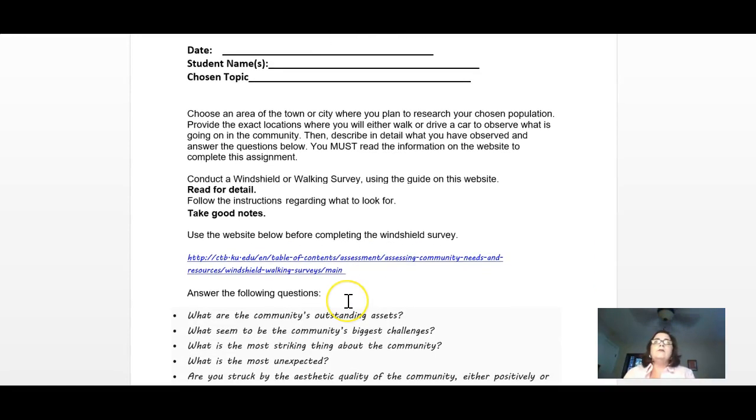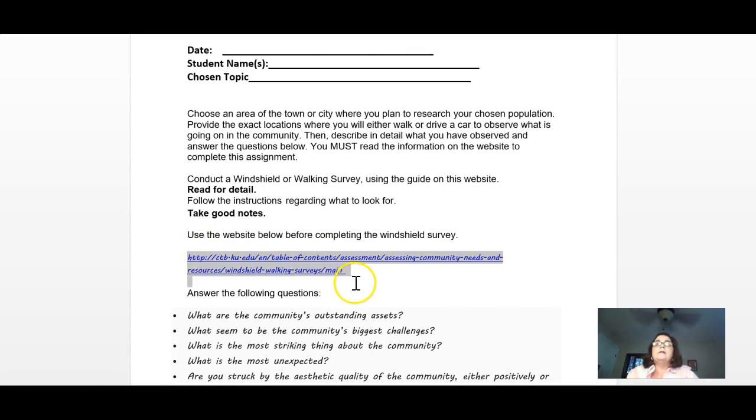Also, it is helpful if everyone in the group can participate in some way. Now, everyone in the group won't be able to go all at the same time, but you could divide up various streets. I mean, there's lots of different ways you can do this. So what you want to look at is, when I go over there, what am I really looking at here? What kind of community is this? What supports are available to the community? What's not available? And the best way to know that is if you go